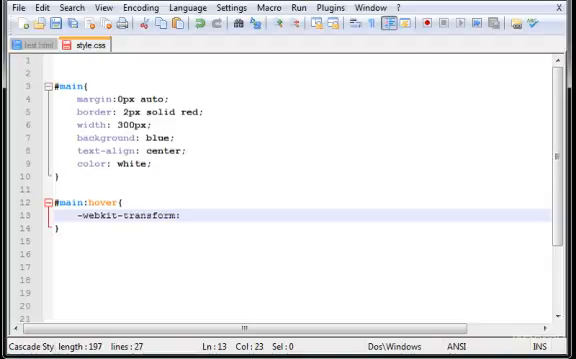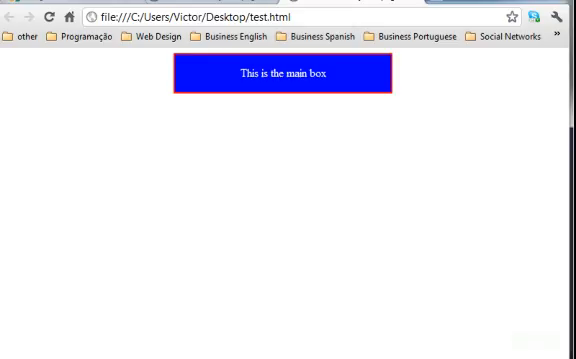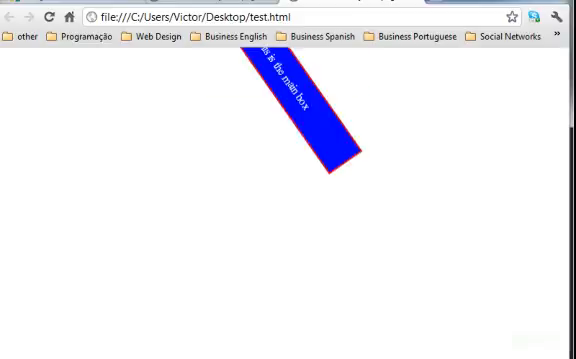transform, and now you type rotate, and parentheses. Inside the parentheses you type the degrees you want to rotate. Let's type 55 deg. Okay, now let's go back to the browser, refresh it. Now you'll see that whenever I hover it, it will turn 55 degrees automatically. Okay, pretty cool,